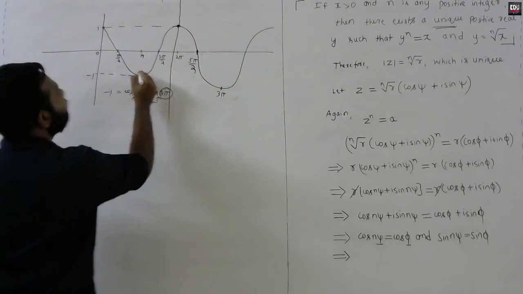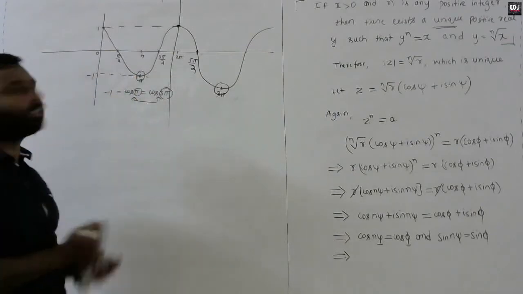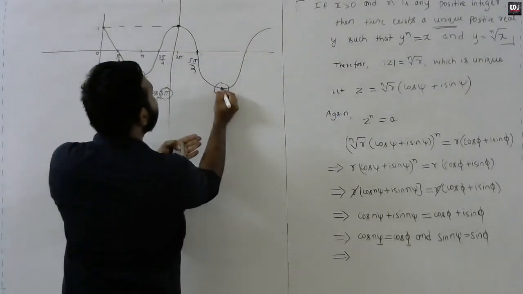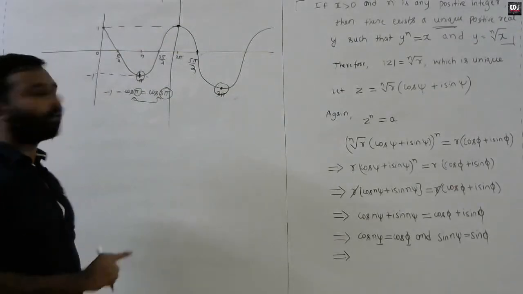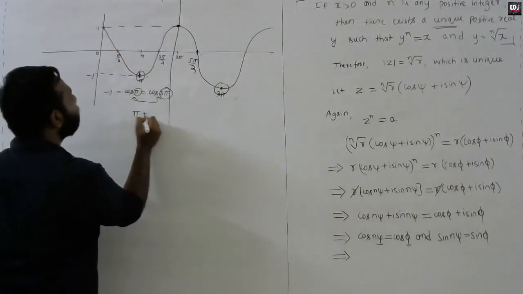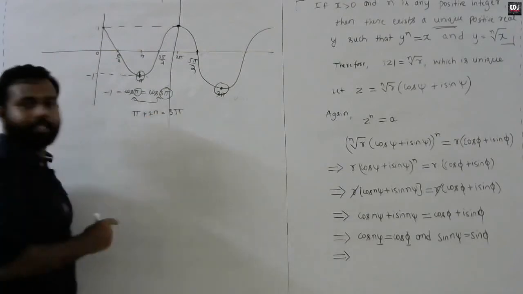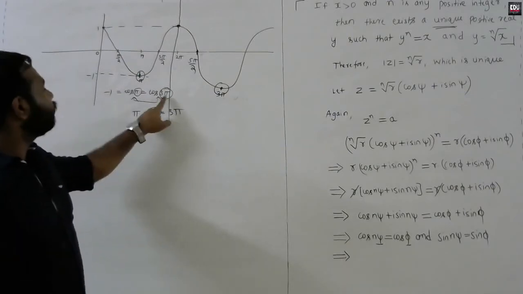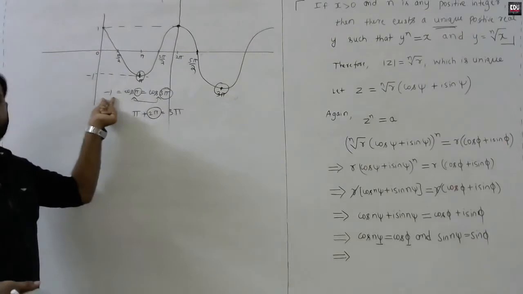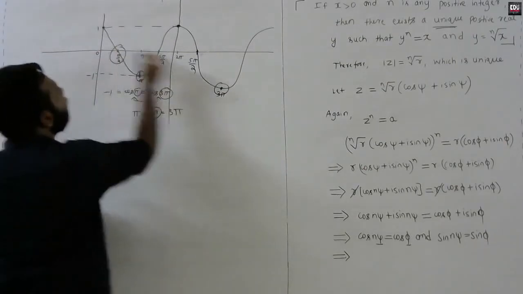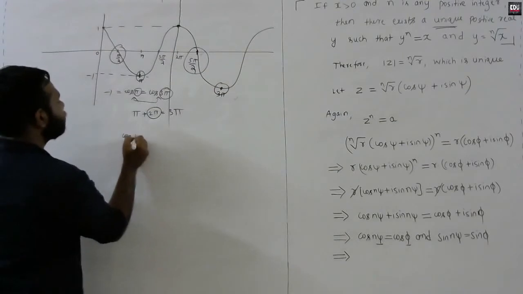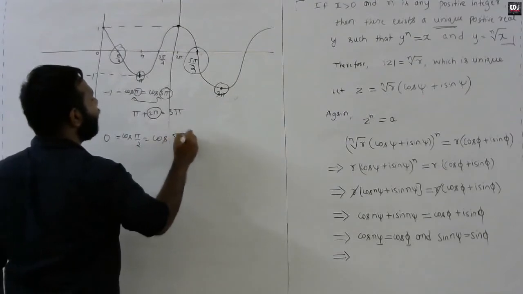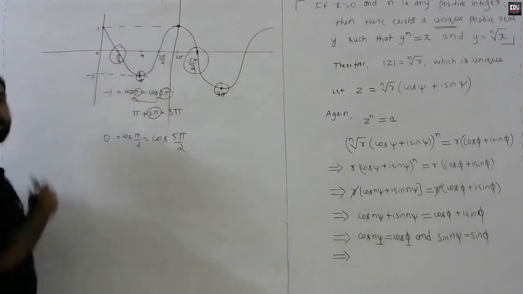First of all, these two are symmetric. If you consider these two cycles, this point just lies on this point. So these two are symmetric points, and moreover, pi plus 2 pi is 3 pi. Just by adding 2 pi, you will get the next symmetric point whose cos value is the same. Similarly, you can argue for pi by 2 also. Cos pi by 2 is 0, and it is the same for 5 pi by 2 also.